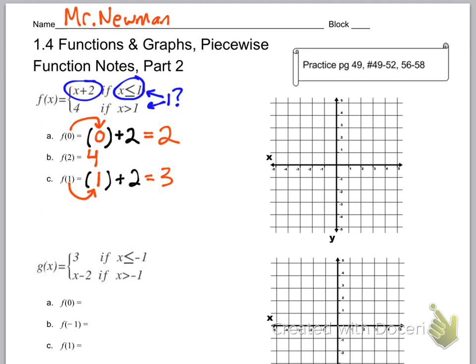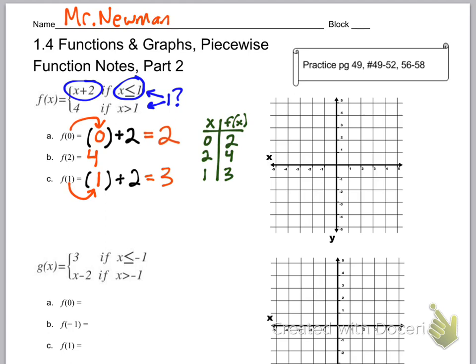Now, in order to graph it, there's a few different ways you can do this. One way that takes a lot of time is just to make a table of values and use the values you got, which is not a bad way to do it. If you understand the input and the output, for example, when we plugged in 0, we got 2. When we plugged in a 2, we got out 4. When you plugged in 1, you got out 3. And that's a great way. You can plot those points and get a feel for what the function should look like